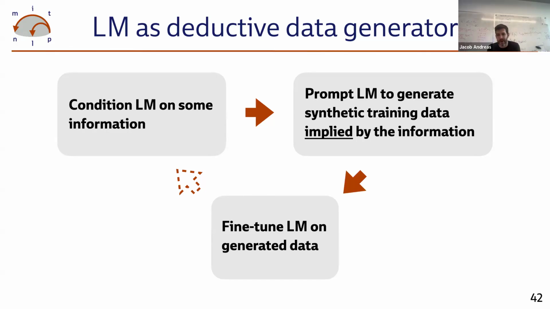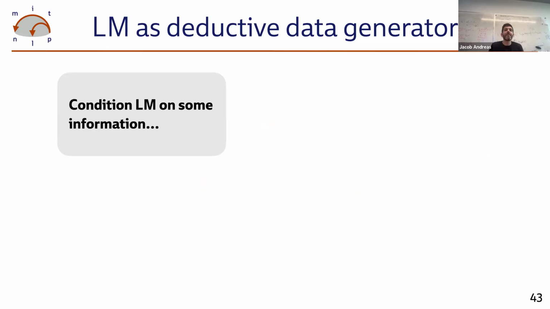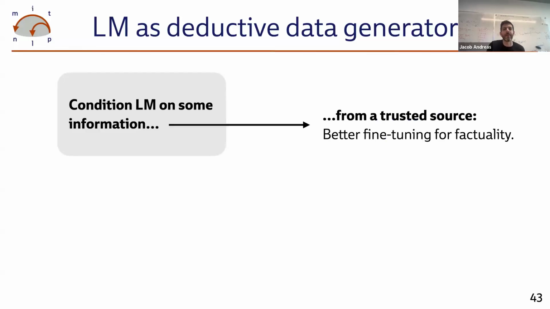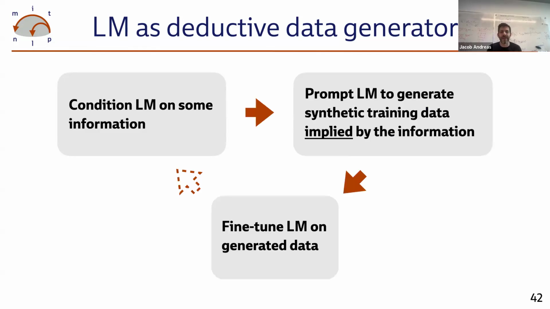We're going to prompt a language model to generate all of the documents that would exist counterfactually in a world where this new piece of information was true. And then we're just going to fine-tune our model on the data that falls out as a result. And maybe more surprisingly, we're going to see if we can do this even without starting with any new human-generated data, but just as a way of picking up a model and shaking it and making it better on its own. And so in particular, if we think about the recipe on this slide that just says condition